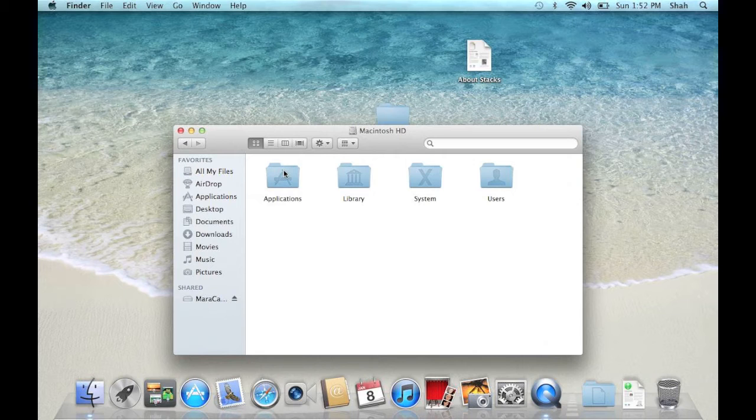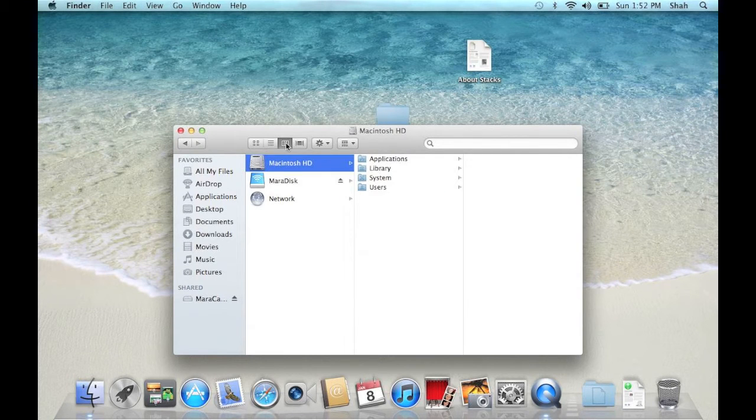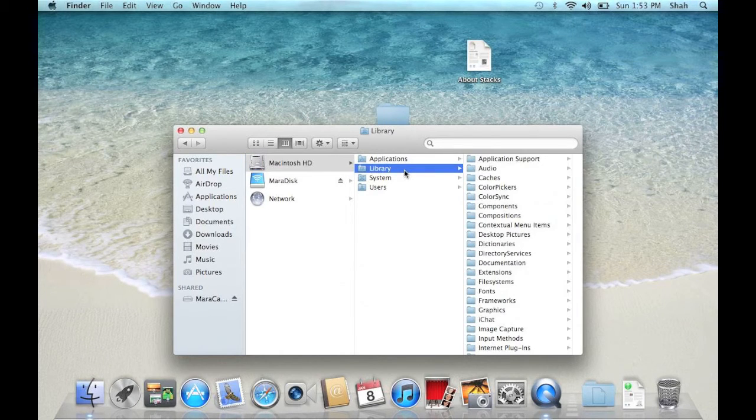Click on Column View. The contents of Macintosh HD are displayed in columnar format. Click Library and click Desktop Pictures.